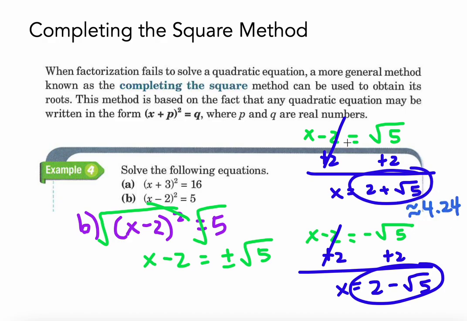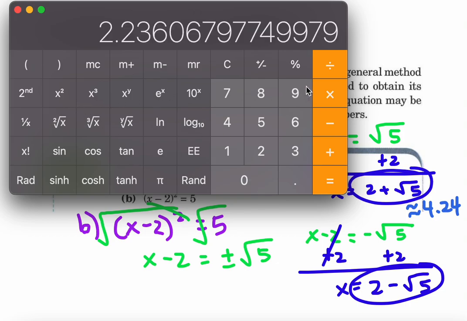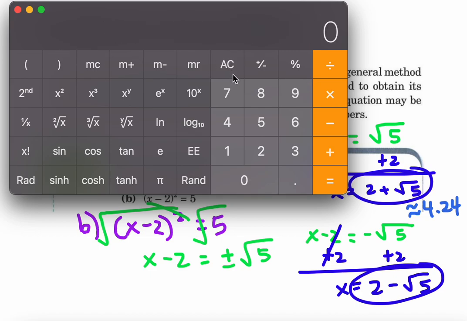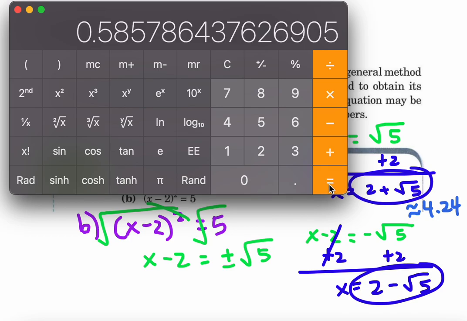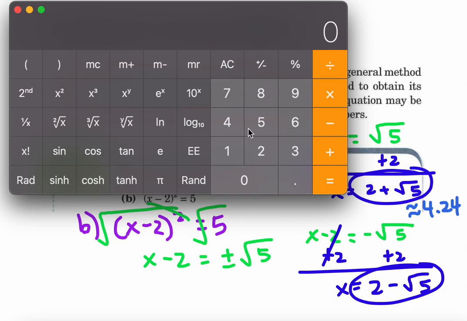Approximately 4.24. And then 2 minus root 5. Let's see, root 5 is this. So 2 minus that. Let me see if my calculator can do that. Nope, doesn't really like that. Let's see, 2 minus